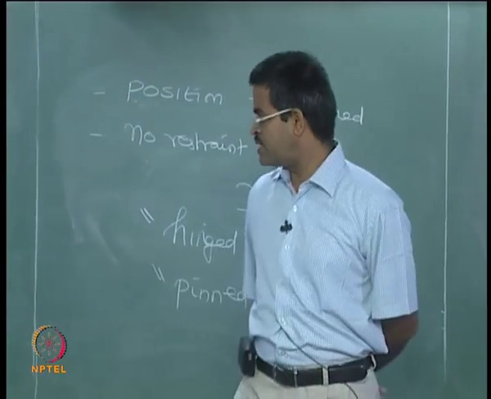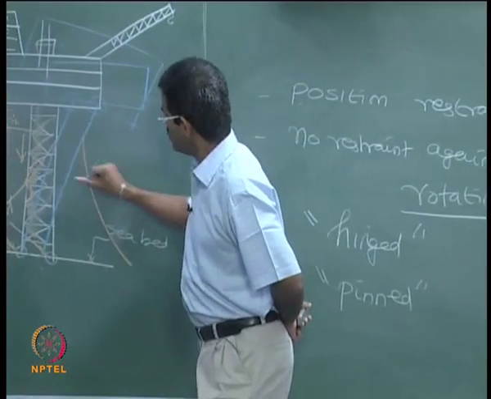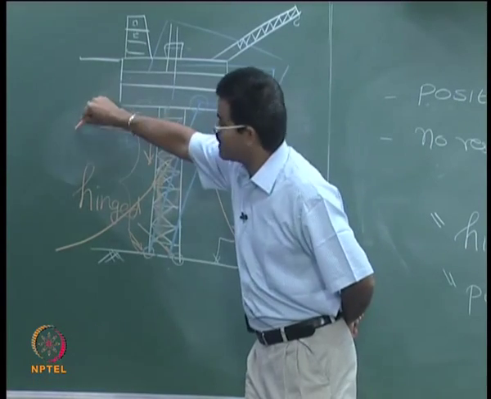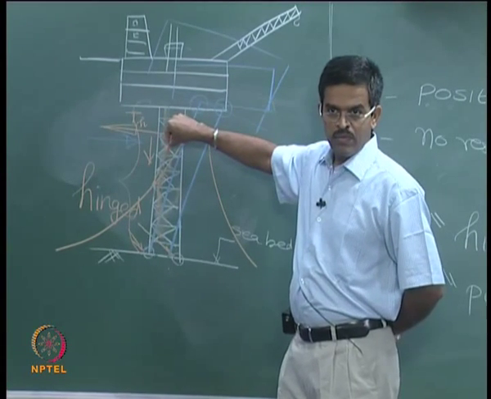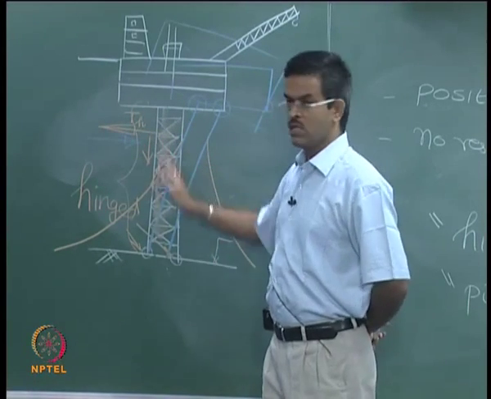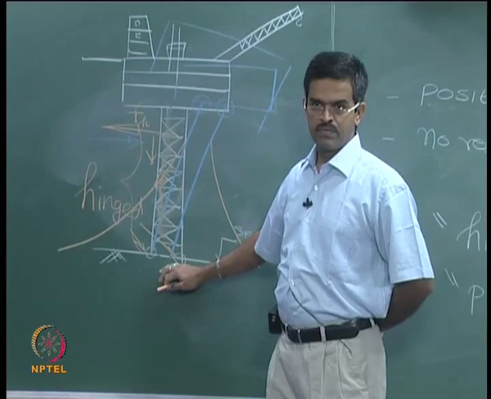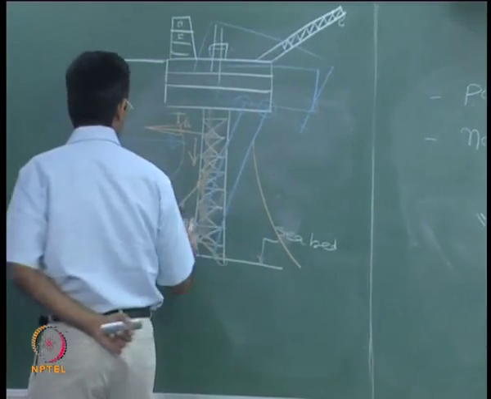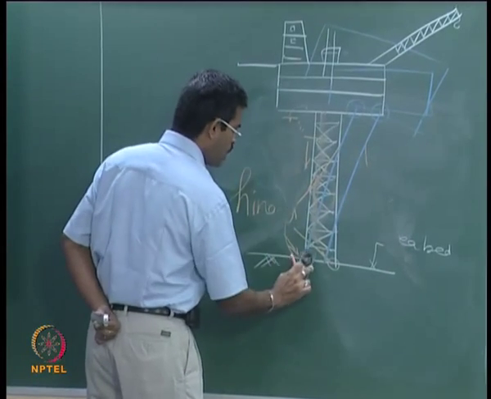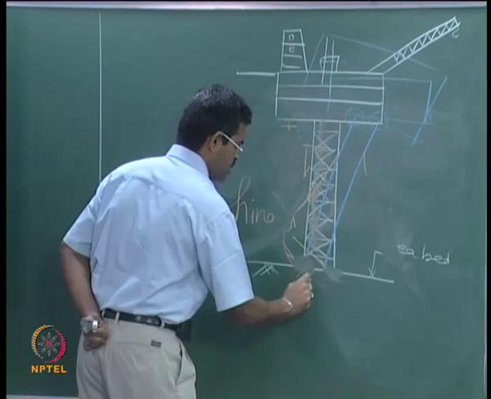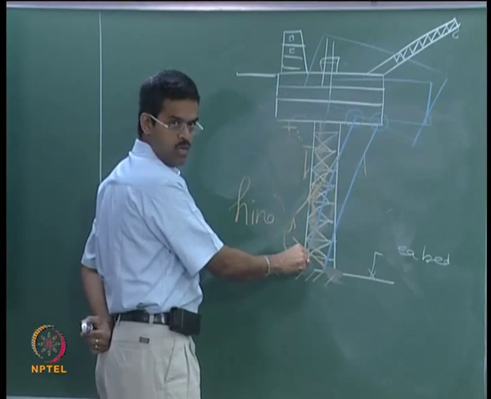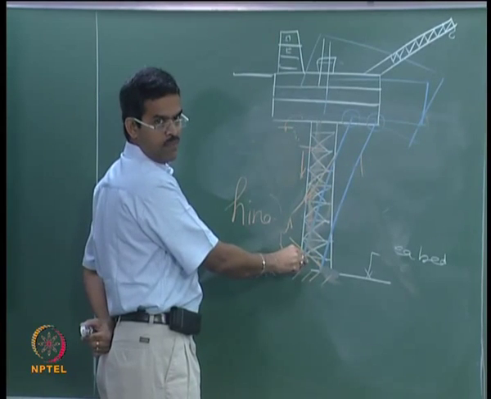Okay. It becomes very easy for us to understand that I will introduce a member or set of members which will counteract my lateral forces, which will not allow the lateral force majority to transfer to the truss system. On the other hand, if you do not have this member and you do not have a hinged connection and fix it here, the whole lateral force has to be taken care of by this system only, which is a fixed type platform.